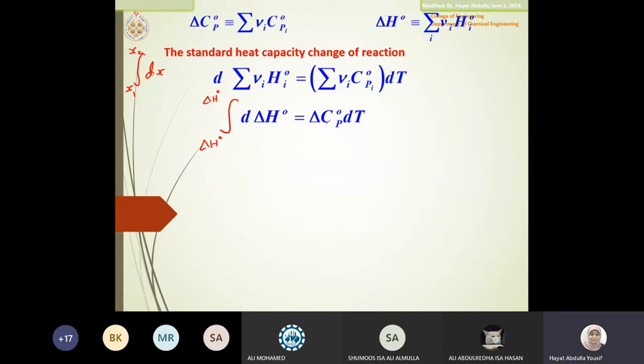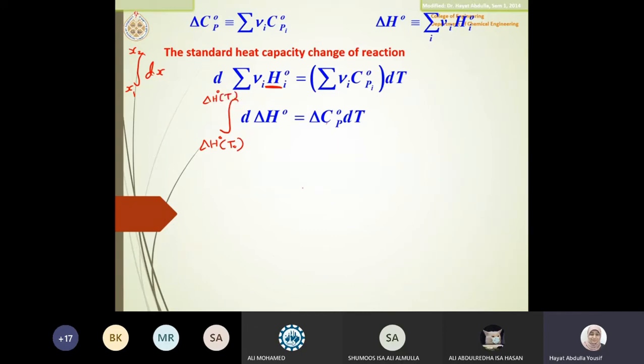Okay, so what I'm doing here, I'm just integrating from one delta H naught to another delta H naught. Doctor, what's the difference? Here, x1 and x2, we know that this is one x value, this is another x value. Here is the same. Now, according to the previous slide, I already mentioned that this delta H is a function of temperature. So in other words, I'm moving from one temperature to another temperature. This is how it is.